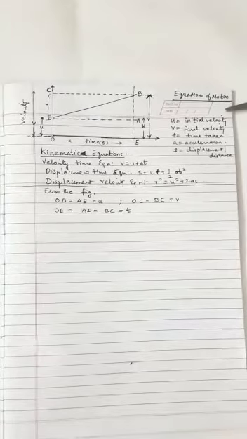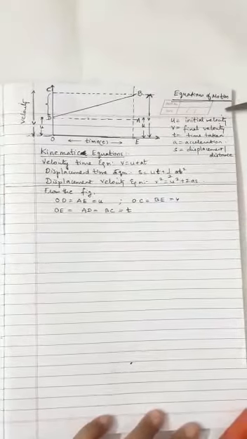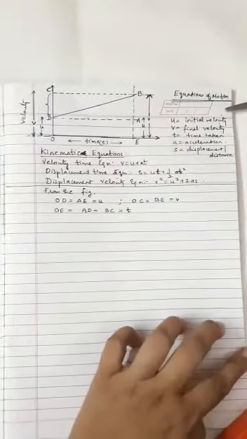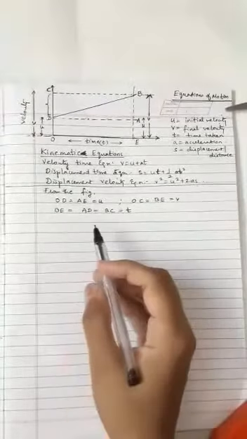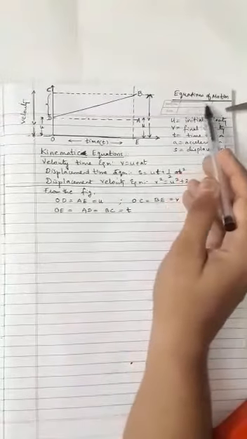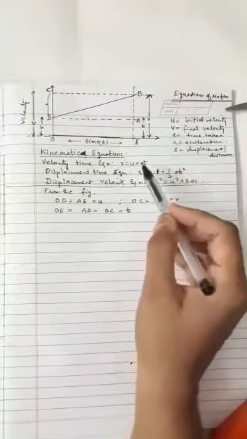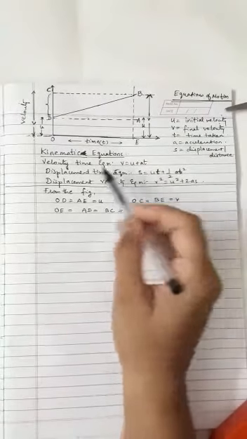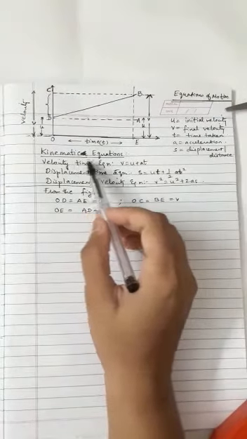Hello children, always remember that acceleration is a vector quantity. Acceleration is a vector quantity which requires magnitude as well as direction. Now today's topic is equation of motion, and we have a total of 3 equations of motion, which are called kinematic